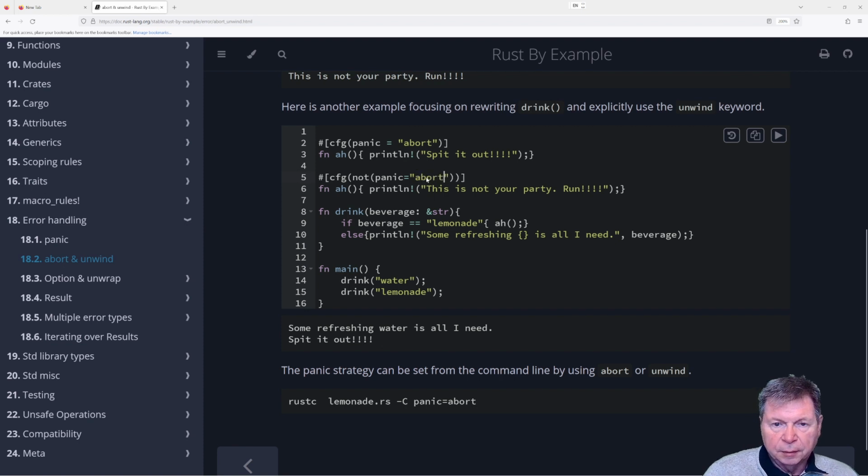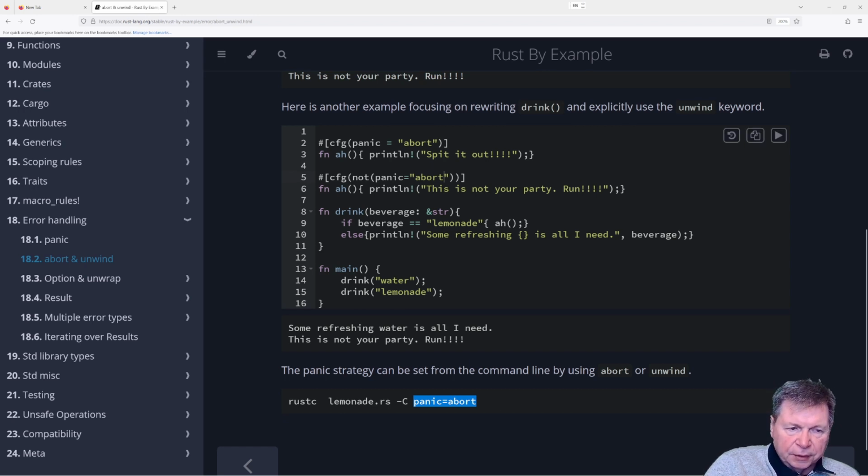Abort. We run that. Now we get this is not your party. Okay, so whoa. It's unwind by default. So we're going to do this one. Okay, that makes sense. And then we can do panic equals abort and then do the other one.